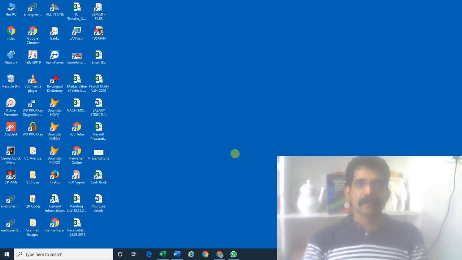Hello friends, now we are going to study how to make a database. When we are working with a huge volume of data, out of the data we have to generate a report. In such cases, we have to structure the data. We have to make a database for the report and everything. So, from lakhs and lakhs of column and row values, how can we extract some values only to a report?